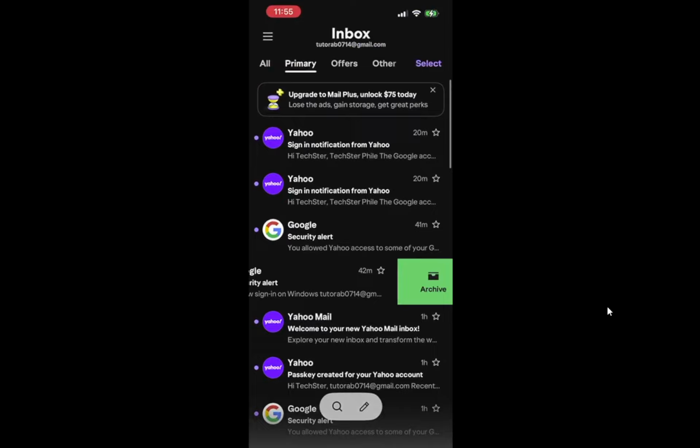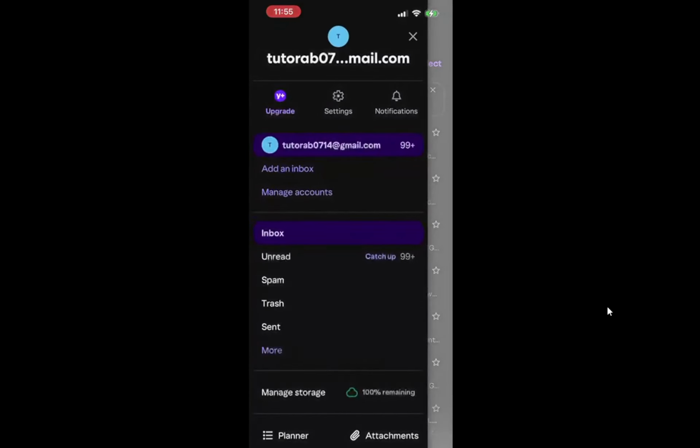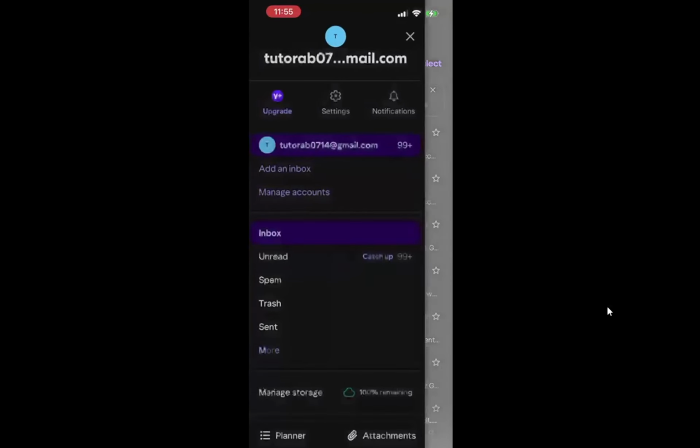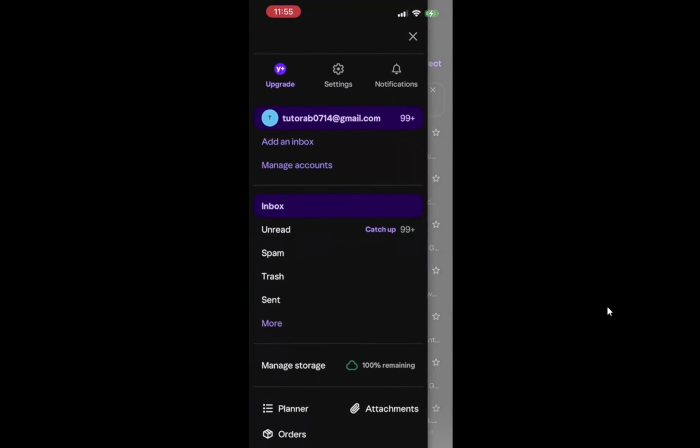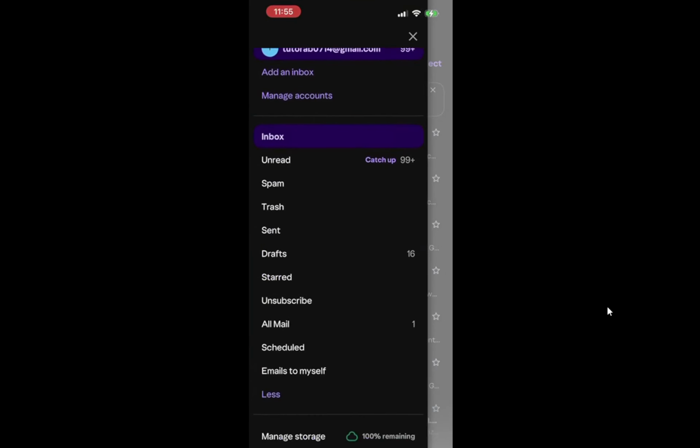On older versions, however, you may need to tap the inbox icon first to display the folder list. This additional step may seem minor, but is important for accessing your folders in an older interface. Remember, older versions can sometimes lead to confusion, but knowing this will empower you. Once you tap inbox, you'll see the folder list appear, and you can continue on with your email tasks.